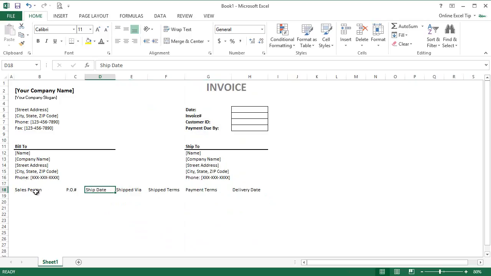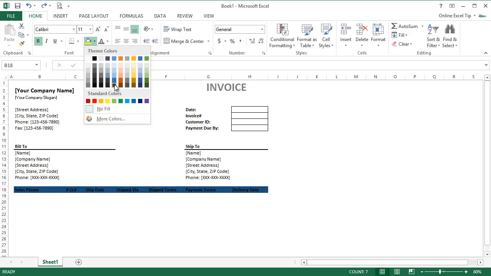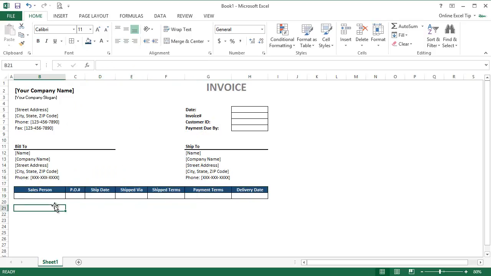Now we highlight the range from B18 to H18, and first we format it as bold, and then we apply Blue, Accent 1, Darker as a background color and white as font color. After that we extend the selection till H19, and then we again go to borders and apply all borders, and after that we center align it. So far we have completed 50%, and if you take a look at this half part of the template, it looks so nice and well formatted.